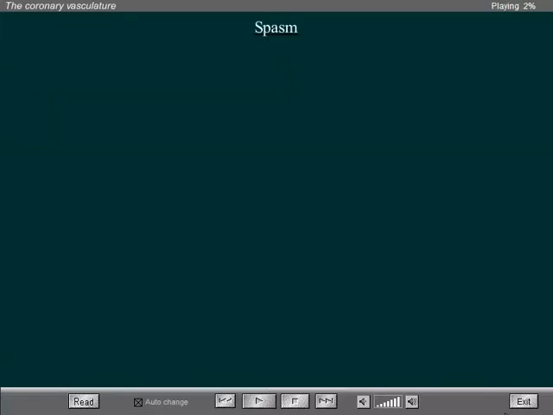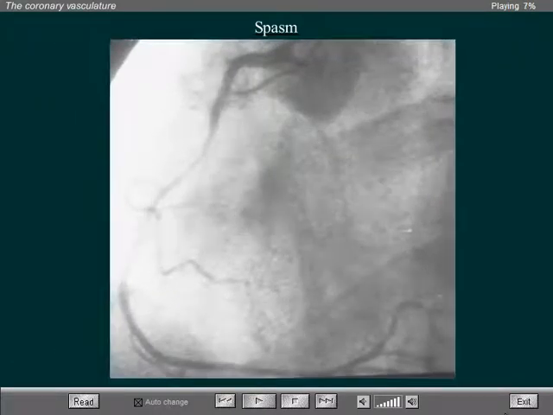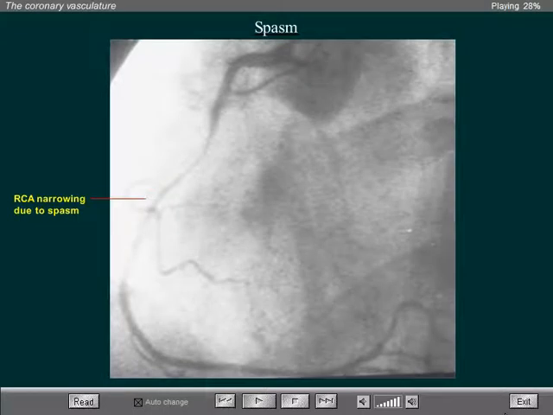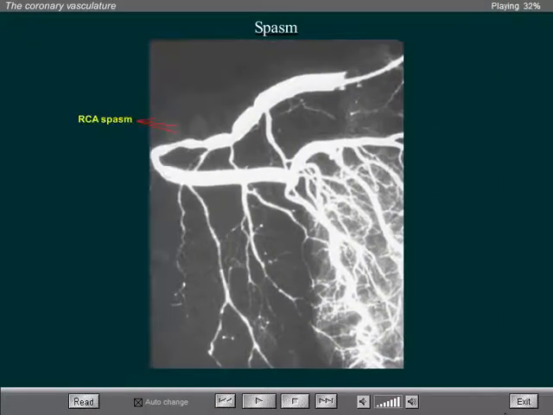The area of narrowing that we see in this next right posterior oblique view of the right coronary artery was due to spasm, and on subsequent images the area of narrowing disappeared. In this coronary angiogram, one can see a spasm of the proximal right coronary artery, and this was documented in